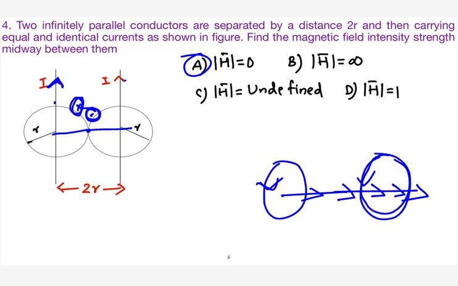As long as you match the other fingers to the loop, the thumb is not rotating. The thumb is exactly pointing in the same direction. But this is a different case. So the thumb is showing the direction of current, and the flux is a rotating vector. Because of the first coil, you are getting into the plane of the paper, and because of the second coil, you are getting out of the paper. So you are going to get exactly equal to 0. I hope this is clear for you, right?